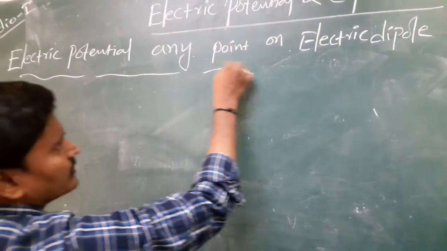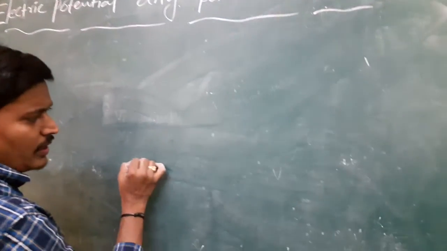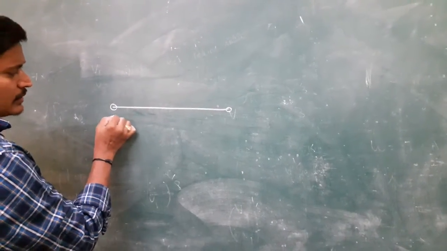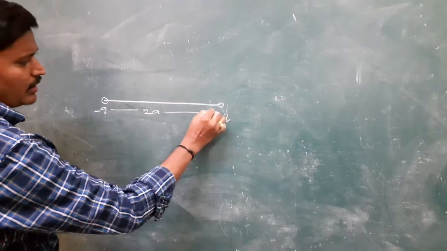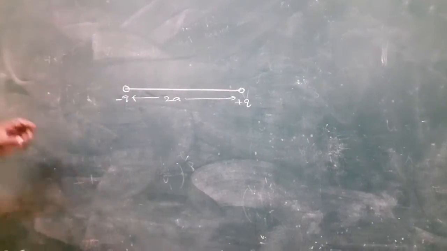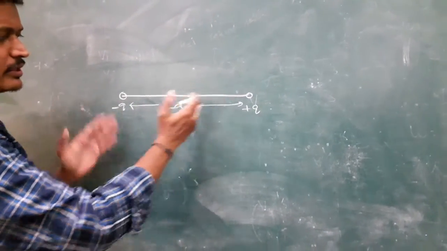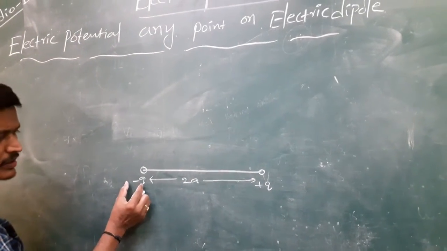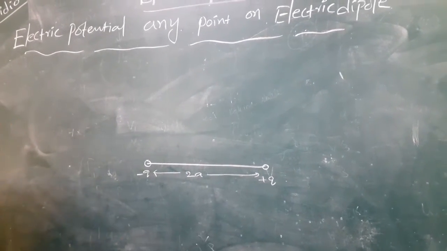Here, this is the question. We can consider one dipole. Di nothing but two poles, that is, two charges separated by a certain distance in space. That is called a dipole. For example, we can consider a battery. A battery contains positive and negative sides located a certain distance apart, so it is called a dipole. Here, this is an electric dipole, meaning equal in magnitude, opposite sign charges separated by a fixed distance in space.